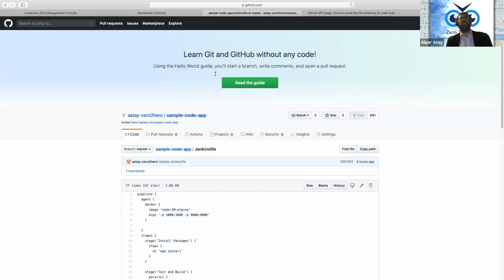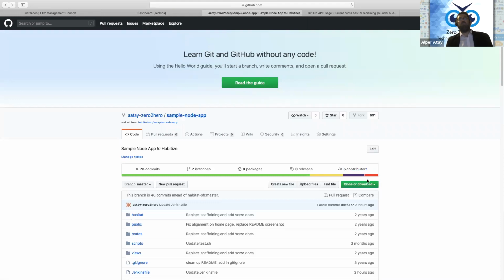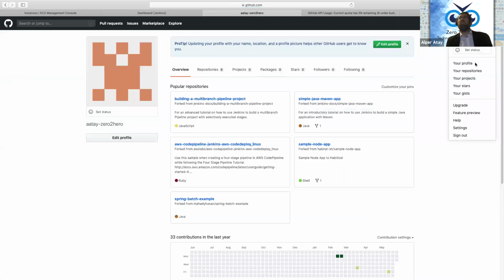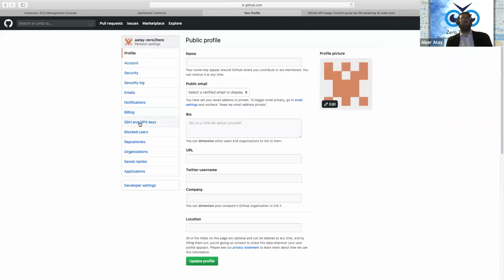And this is the sample application that I am using. In this sample application, I need to do a few things to make it run. One of the things is, let's see. In project settings, at first I need to